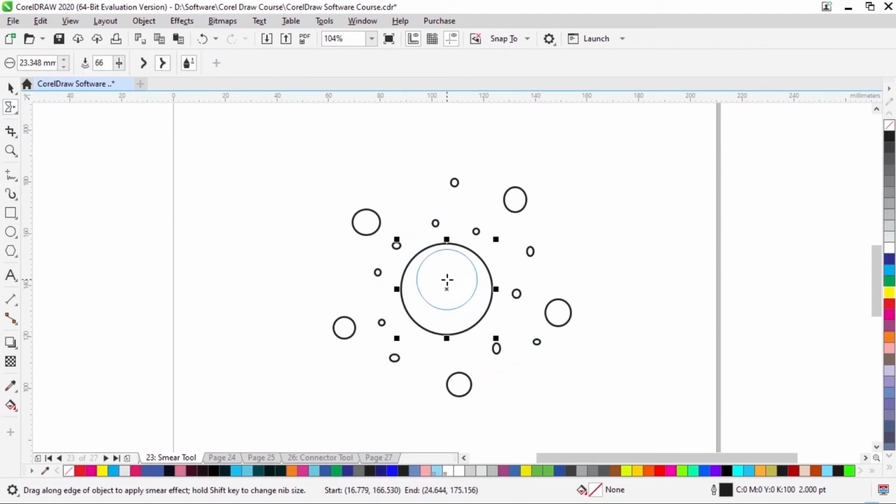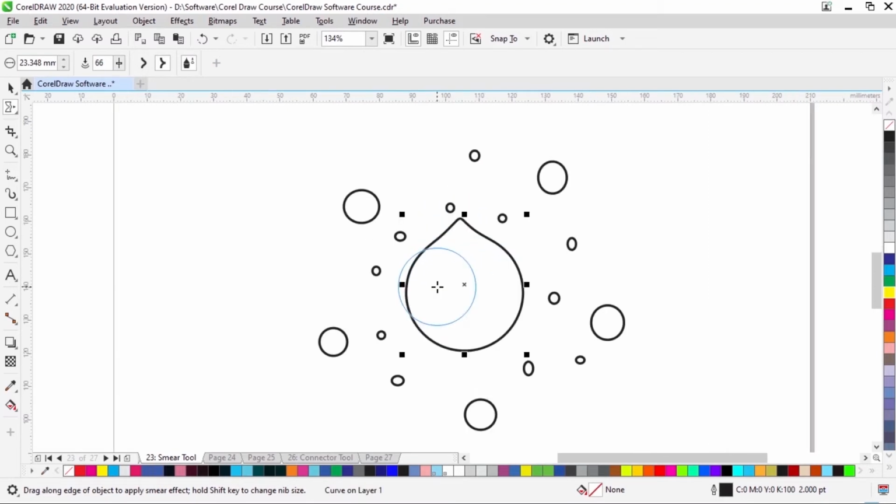Select the smear tool. Just click on the object and use it like this. And set the pressure as per your requirement like this.